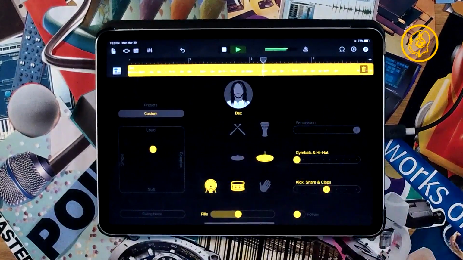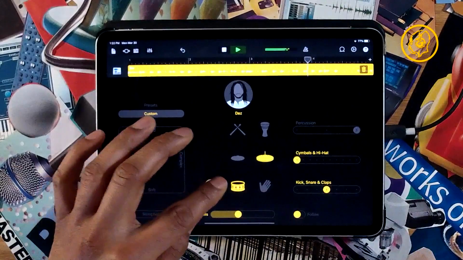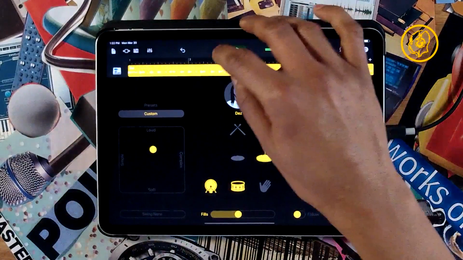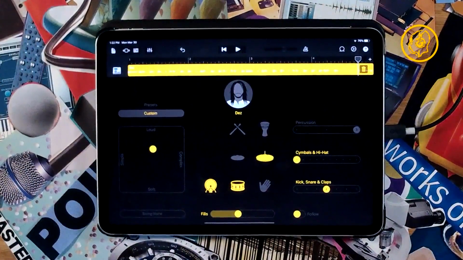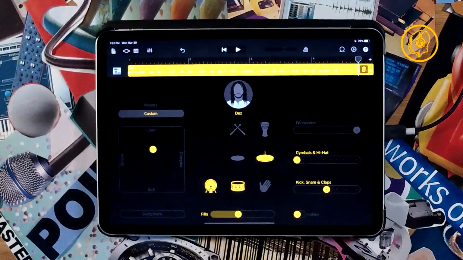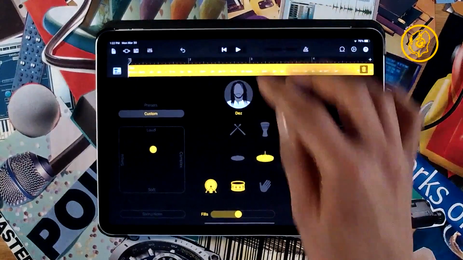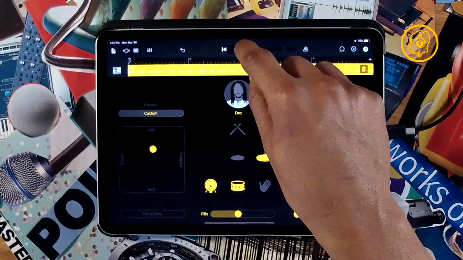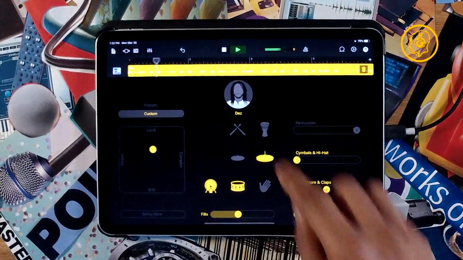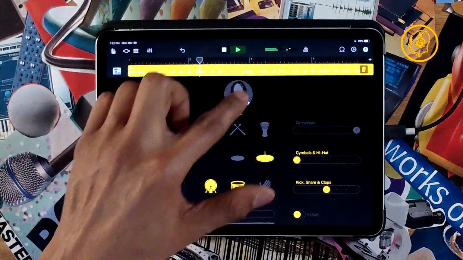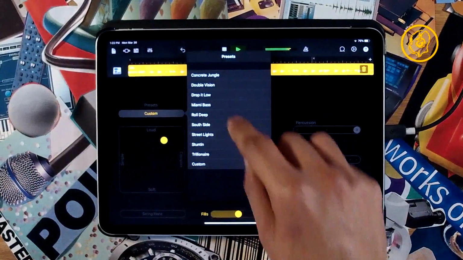Let's try a little bit of trap today. Since we're all trapped in the house. No, not really. Actually, we are not trapped by any means, you know. This is also club quarantine right up in here. Let's find a different preset.